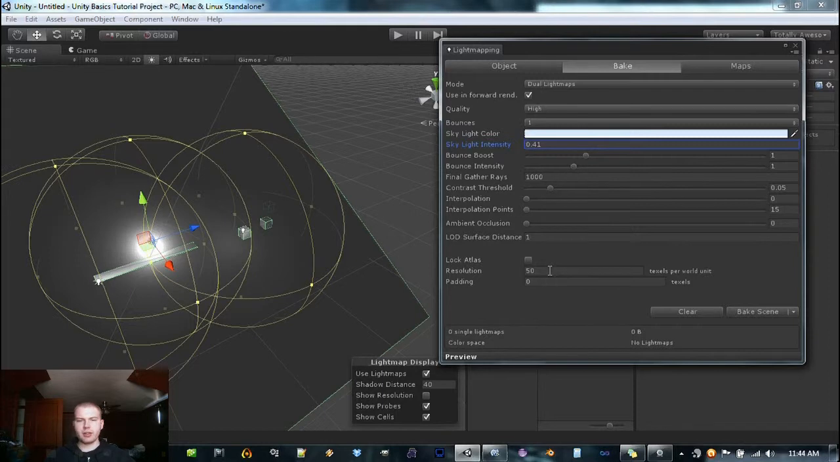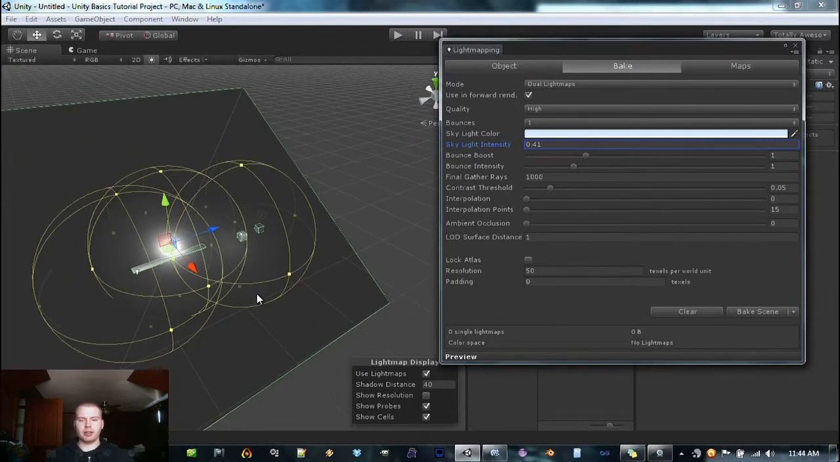The resolution is just how detailed the light map is going to be. So 50 texels per world unit is basically like saying how many pixels there are per world unit. A world unit in Unity is a meter by meter square, so it's going to be 50 per every meter by meter square. And padding,